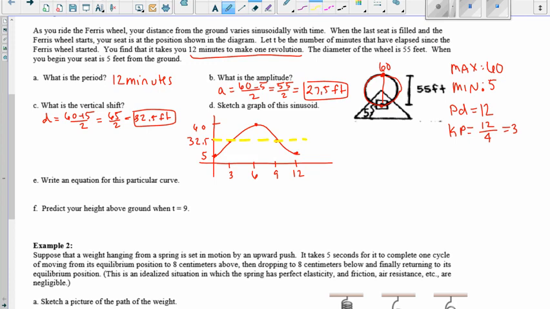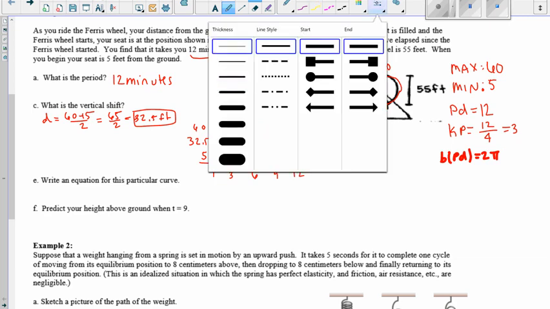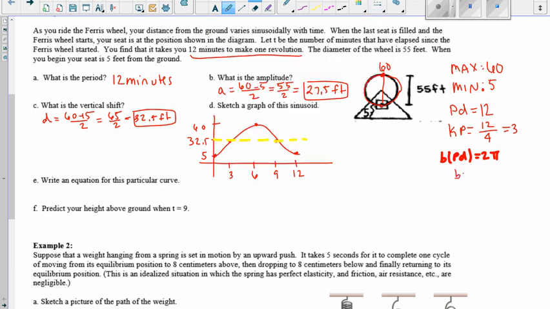And so it says to write an equation for this. So in order to write an equation, we know we need our b value. And if, of course, we have a phase shift, we can put that in as well. So for this, my b value, remember, we know that the b value times the period is equal to 2 pi. So that's the equation we use to find the period and our b value, depending on the information that's given to us. So for this, that means that the b value is equal to 2 pi over my period. So 2 pi divided by 12 is equal to pi over 6, and we're going to need that for our